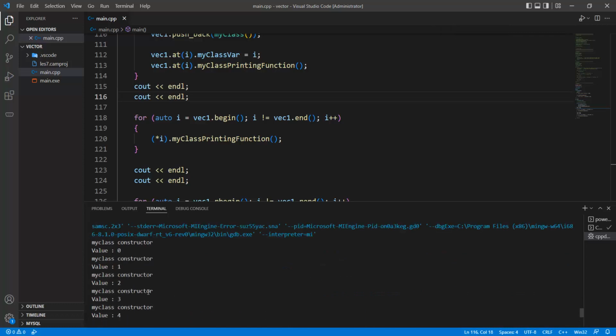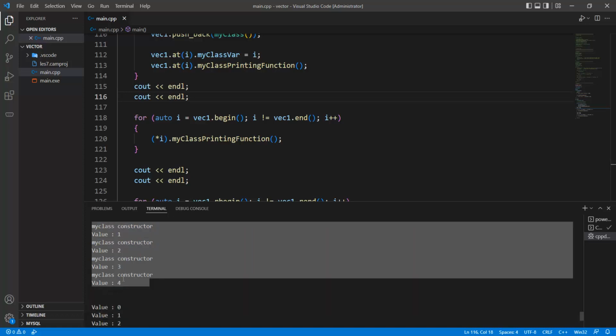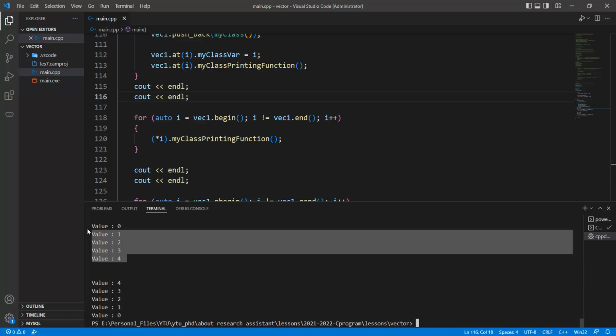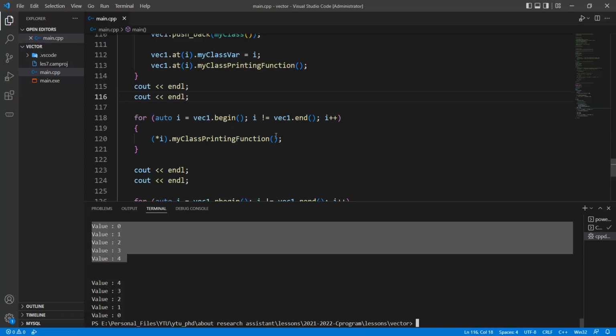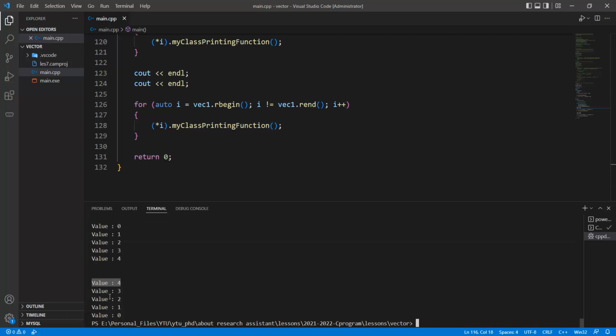and so the whole constructors are calling in here in order to create, or in order to fill, some space in the RAM locations, and so the values are assigned at this moment, and so the values 0, 1, 2, 3 are called like this one, and then the rbegin is used for the reverse searching operation: 4, 3, 2, 1, 0. This is simple by using the iterators of the vector class, but in the C programming language, in the linked list operations, we have a lot to do in order to achieve this performance or the searching operations, okay,